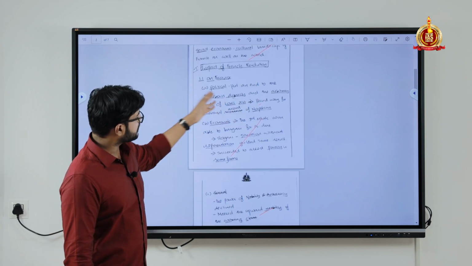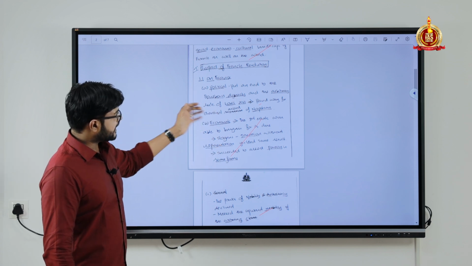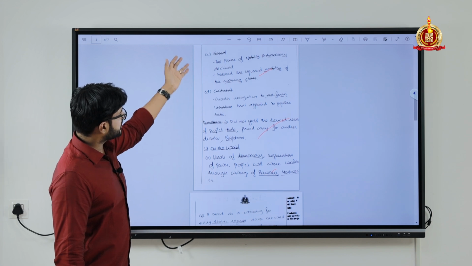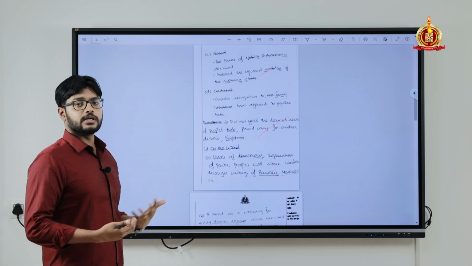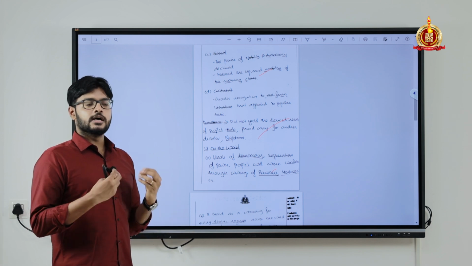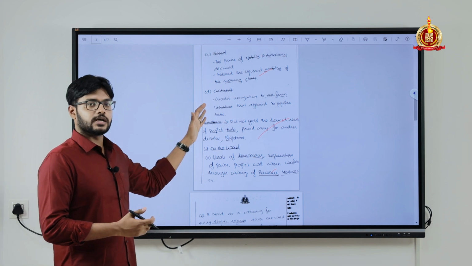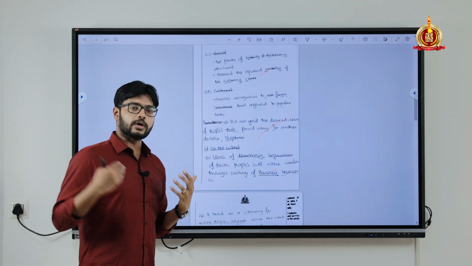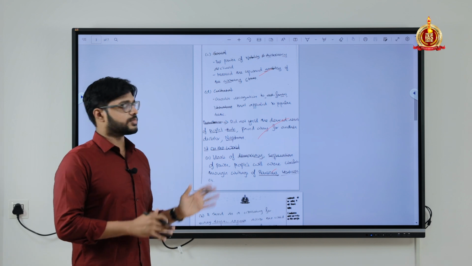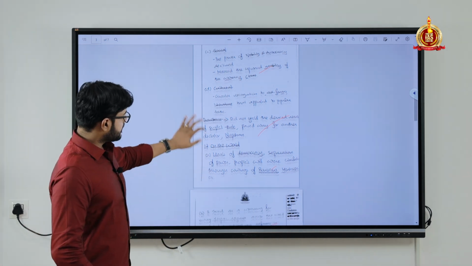Political, he has spoken about the Bourbon dynasty coming to an end. Economic, taxation. Then social, he has spoken about the power of nobility coming to an end. What is important is the first thing that comes to your mind. Keep in mind, the first thing that comes to your mind when you talk about the impact of French Revolution. He has not tried to go in depth into the analysis of French Revolution because there are two parts of the question, France as well as world.